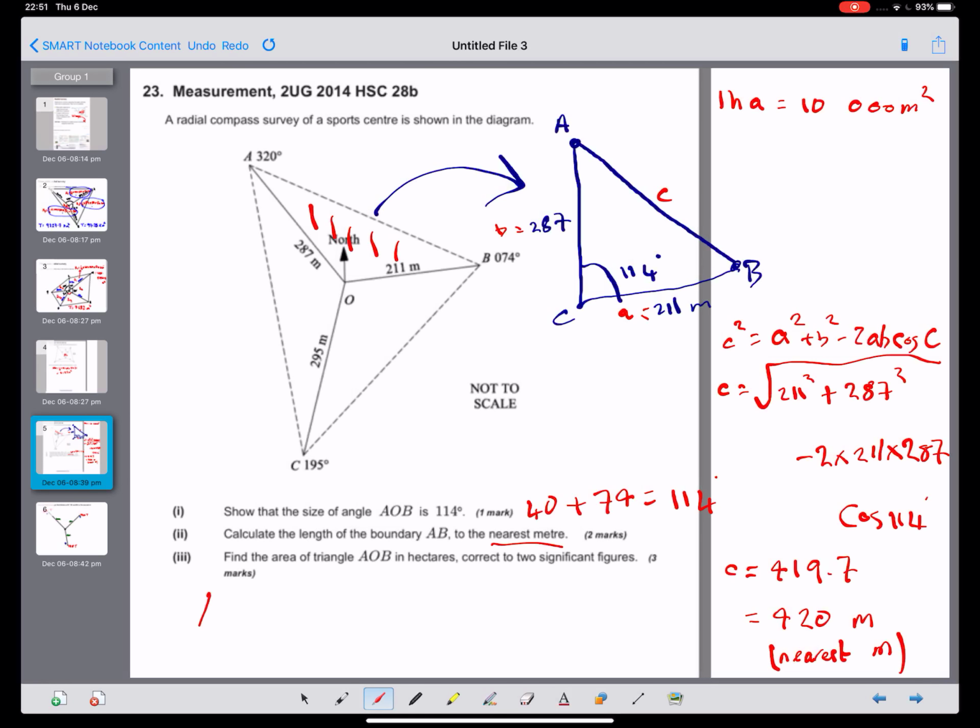So I'm going to write area is equal to half times 287 multiplied by 211 times sine of 114 degrees. Okay, so that gives